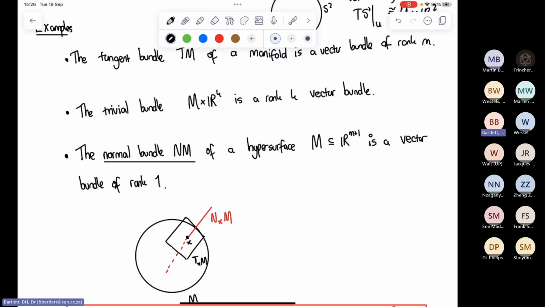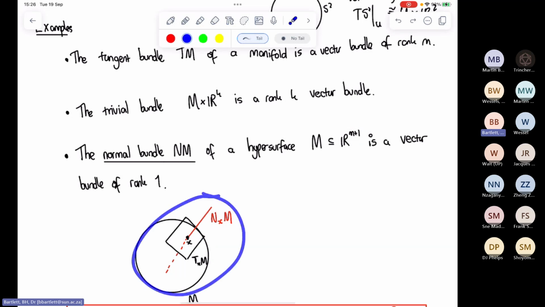At each point of the two sphere, I can take the vector space orthogonal to the tangent space at that point. So I've got the tangent space at that point. And then I can take the vector space which is orthogonal to the tangent space, which we know is basically the same thing as the vector space spanned by the gradient vector. That's going to be a one-dimensional line because a hypersurface is living in R^(m+1). So there's already m dimensions over here in the tangent space, so there's only one dimension left over for the normal bundle. Okay, but anyway, that's a one-dimensional vector bundle